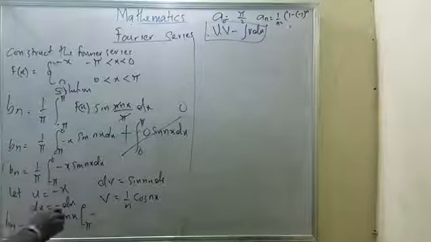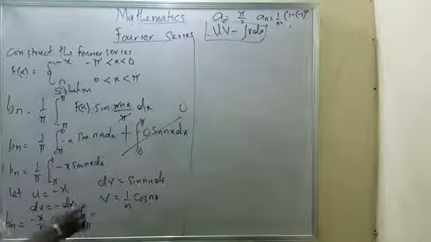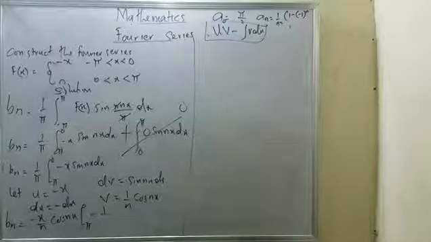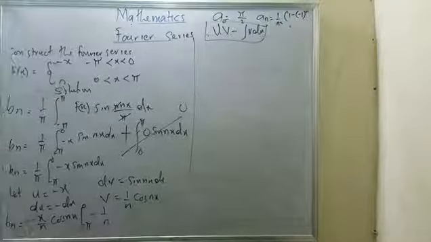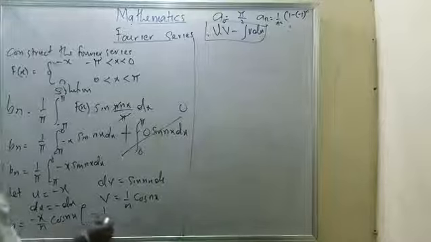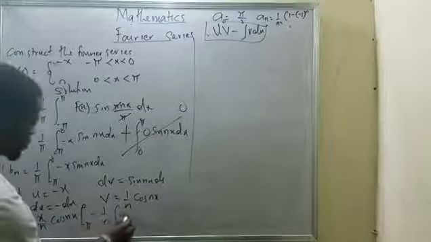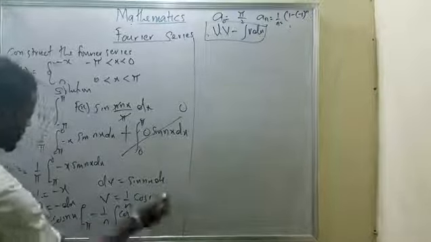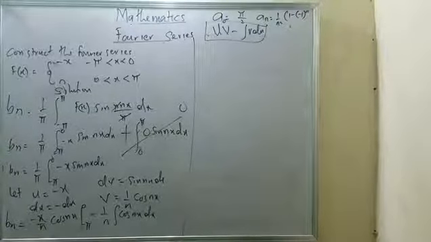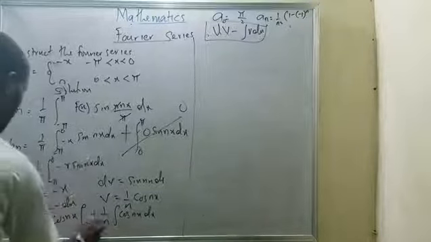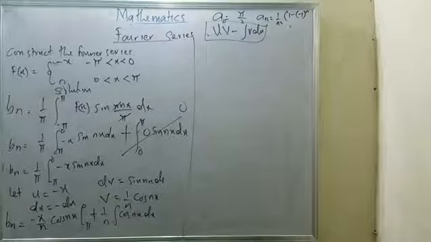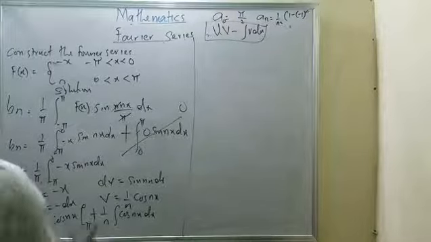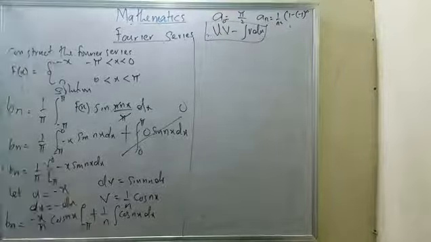I'll be having 1 all over n integral of cos nx dx. Minus, which is going to be plus. Since I have it as plus, what next can I do? If I integrate this, I'll be having